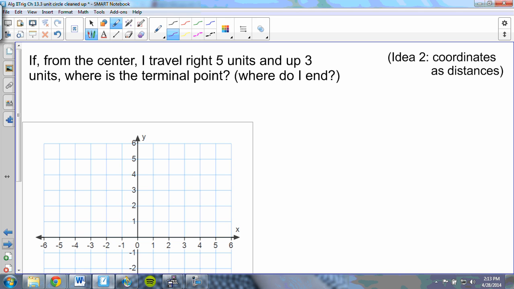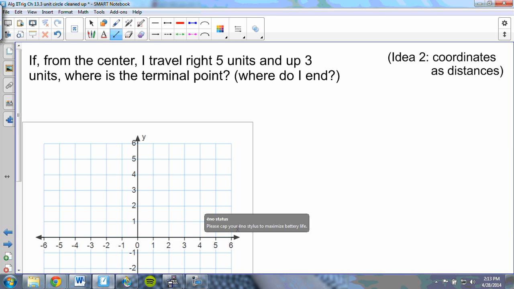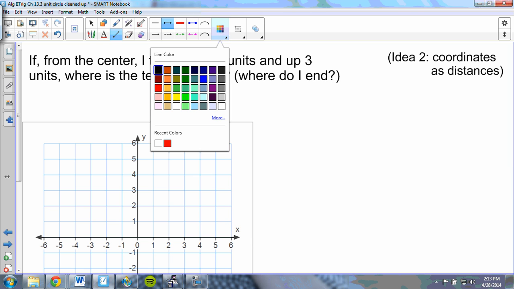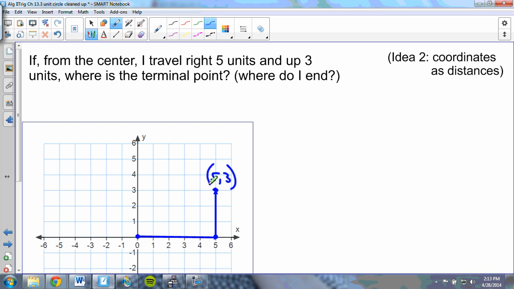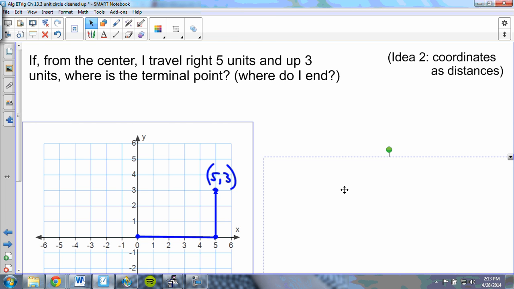If from the center, from the origin, I travel 5 units right and 3 units up, where do I end up? Where is the terminal point? Well, obviously, if I go 5 units right and then 3 units up, that is the point 5, 3. Not a lot of rocket science there. But the idea that I'm trying to stress